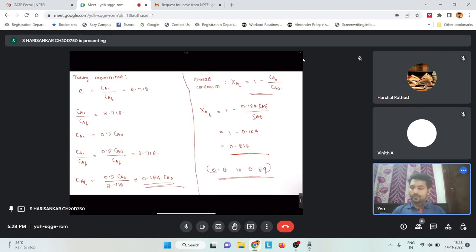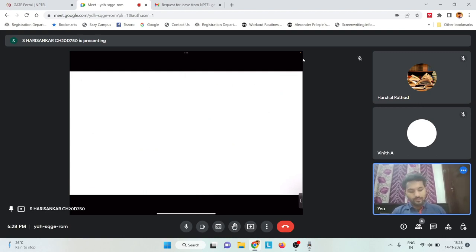Or what you can also do is you can just take an assumption, like assume a value for Ca0. So if you take Ca0 as 1 mole per meter cube or something, you can directly get values and you will get the same answer again. The fractional conversion XAF as 0.816,